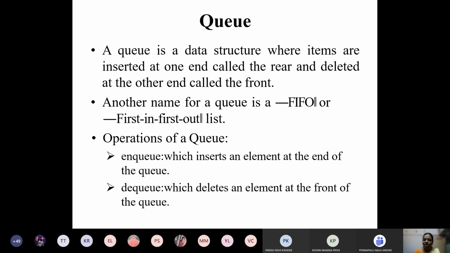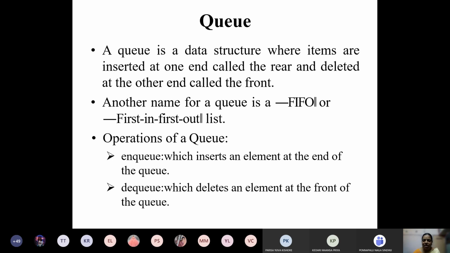So first in first out means whichever enters first is removed from the queue first. The operations of the queue are two: enqueue and dequeue. Enqueue is inserting a value into the queue, and dequeue is deleting a value from the queue.